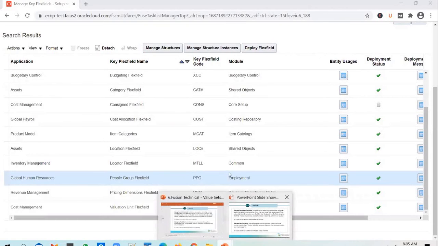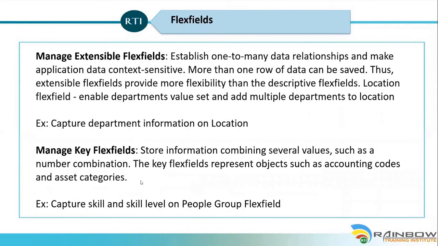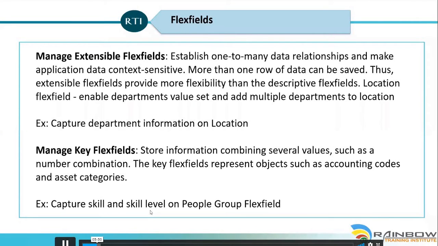So say, for example, I'm just giving a hypothetical scenario here. Say, for every person a company is hiring, your client wants to track what is their key skill, and what is their skill level in that. So probably Fusion Technical and the skill level of Mastery. So if the client wants to store such information, like a skill or a skill level, so that they can use it down the line to group the people together. So at a later point, if they want to figure out how many people we have with the skill set of Fusion Technical, the client can use or rely on the key flex field configuration for that.